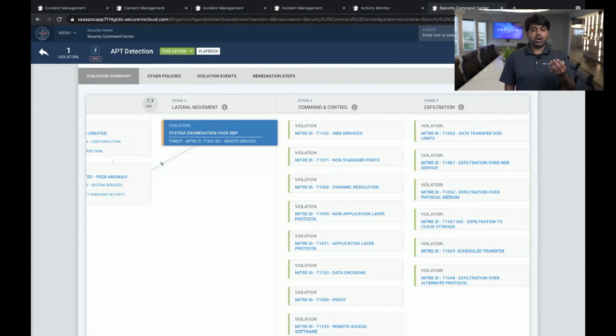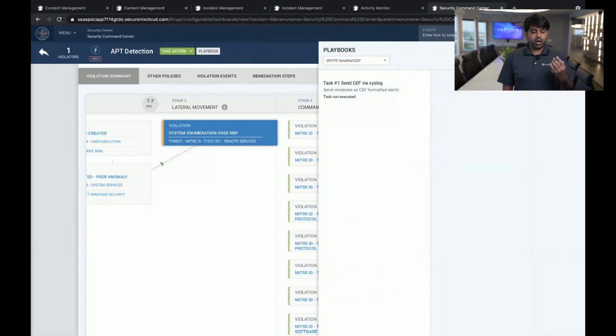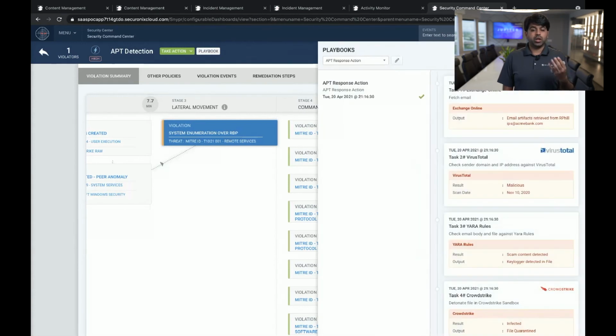Along with our threat chains, we are now enhancing our response capabilities. So we are also adding playbooks and response capabilities into this. We have playbooks associated with this, where you are able to automate the response, or you can even trigger these playbooks manually. So here in this case, we have